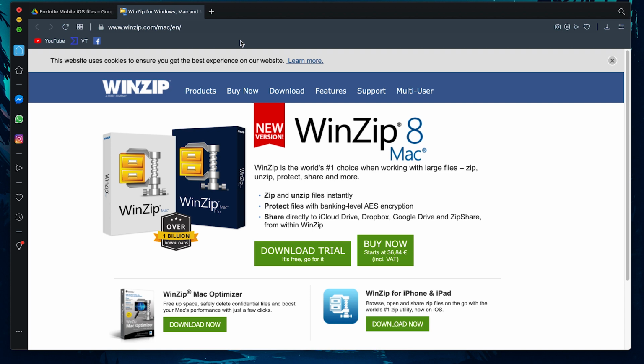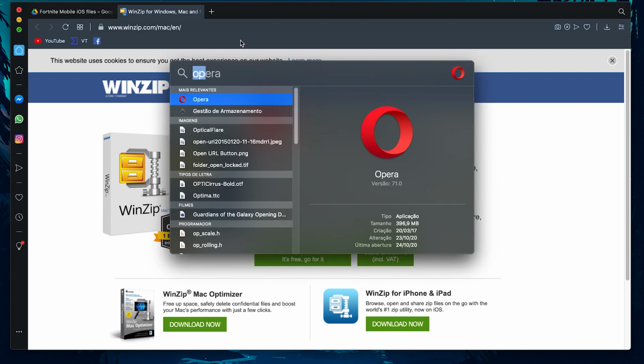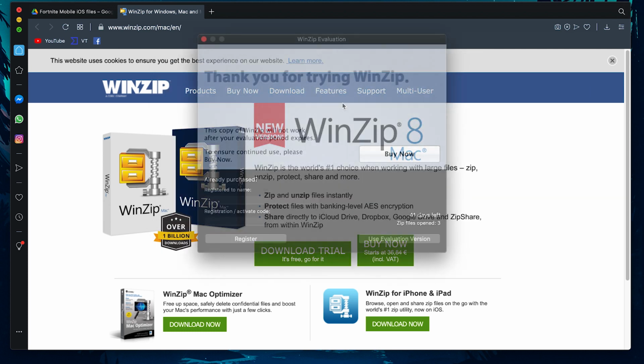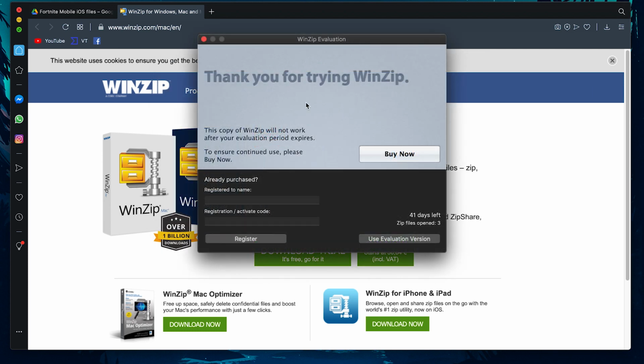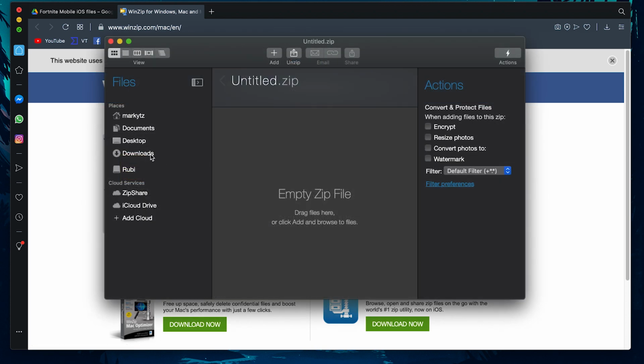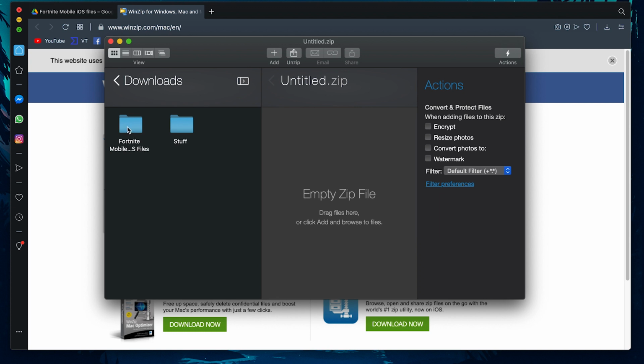After installing the WinZip application, you open it, you search for WinZip. As you can see, I already have it right here, but it's asking me to upgrade. You don't have to upgrade, okay? Because you can use the free version. If this message appears for you, you can just select use evaluation version right there, okay? At the bottom. Boom. And here you will go to wherever you download the files, where you have the Fortnite mobile iOS files. So downloads, you open, and here you select the zip file that you need for your device,